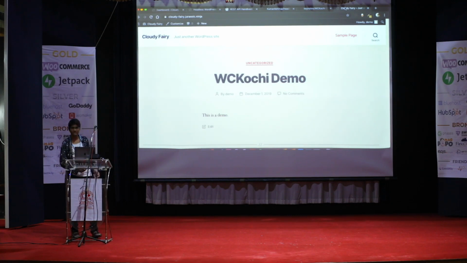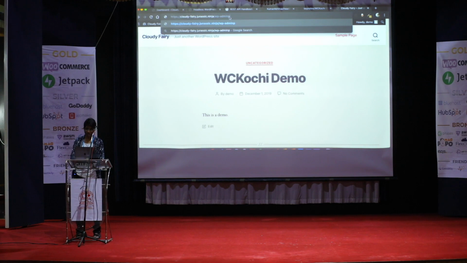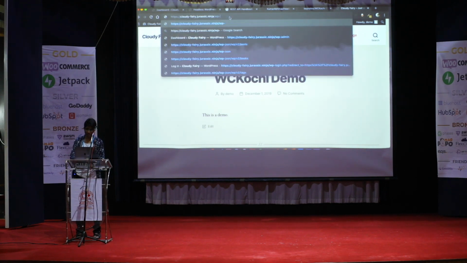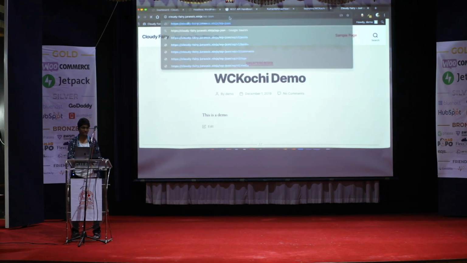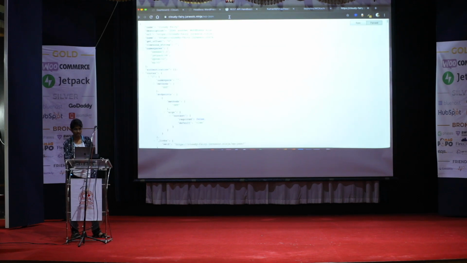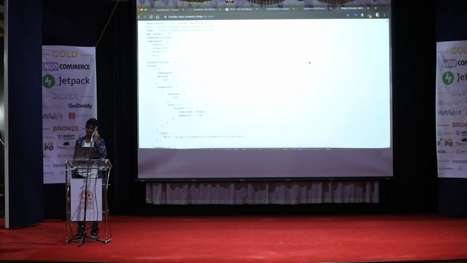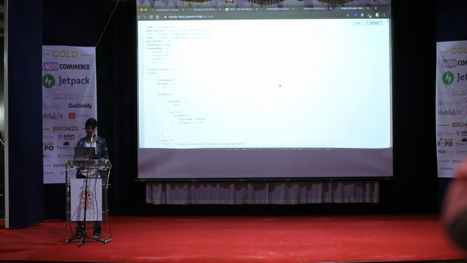This is a sample WordPress website, and what I'm showing you is what you see if you put the WP-JSON endpoint after it. I'm using a Google Chrome plugin which verifies the JSON, and this is how it looks. So this is not the data that we want. What we want is